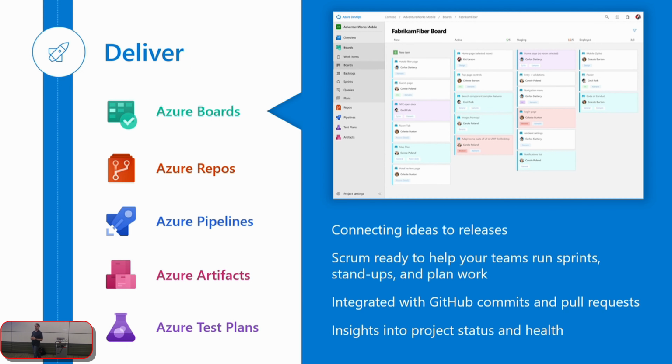So Azure Boards. If you're not familiar with Azure Boards, it's essentially a digital Kanban board. If you've ever used something like LeanKit or Trello, it's kind of the same thing, but geared toward software development processes. The boards have cards. The cards are really called work items, and work items are essentially those ideas that you have of things you want to build. You could even call them the requirements, or the user stories. It's those things you want to keep track of that you need to implement along the way. And so Azure Boards allow you to track all of these things. You know what the status is just by looking at the card and seeing what lane it's in, and so on and so forth.